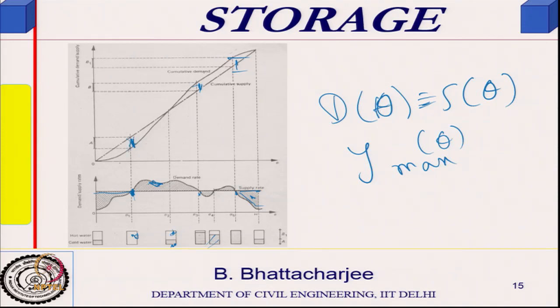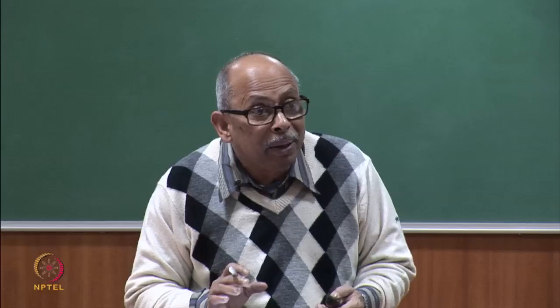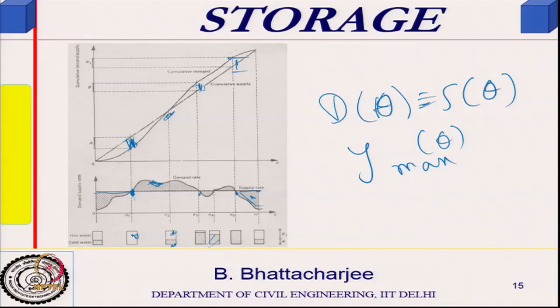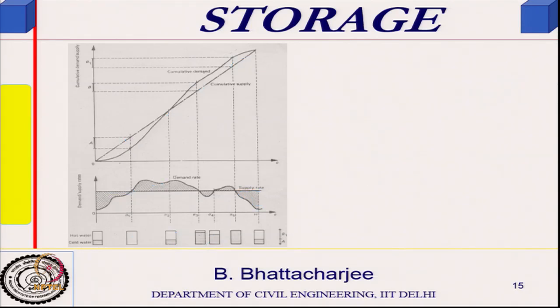So, total storage is the sum total of this maximum and minimum, because whenever this is higher, that means you have got to store it, and these are the cases where you have to draw it. You will consume all the storage, whatever you have stored, and the consumption will finish there. Then you must have adequate available so that you can withdraw more. That is why the maximum of these two. That is how you find it out.